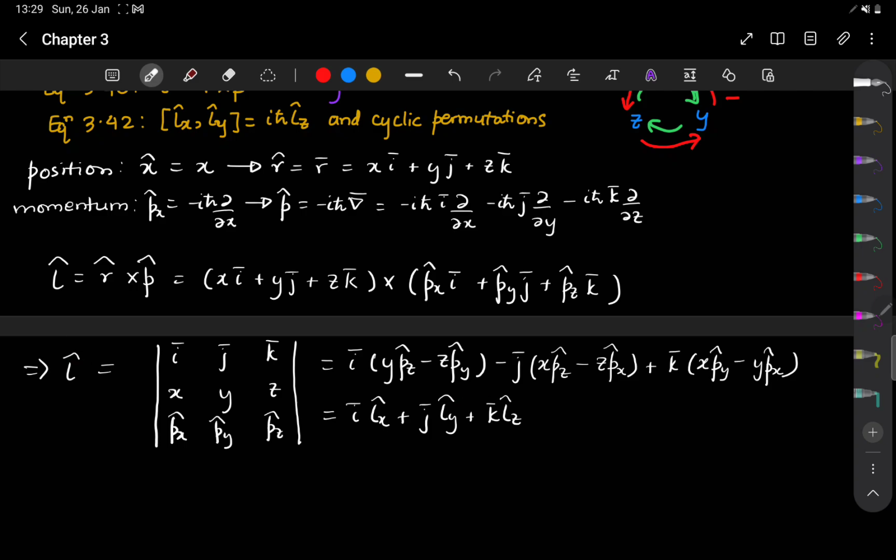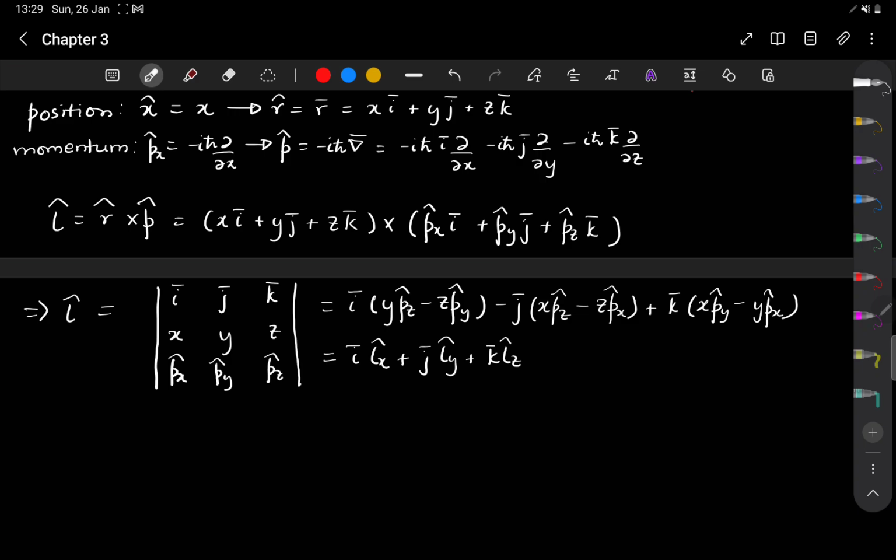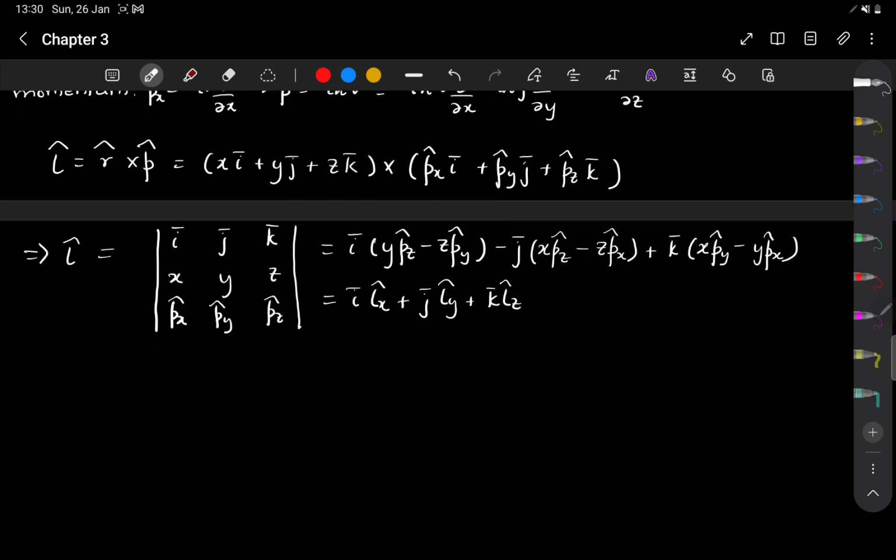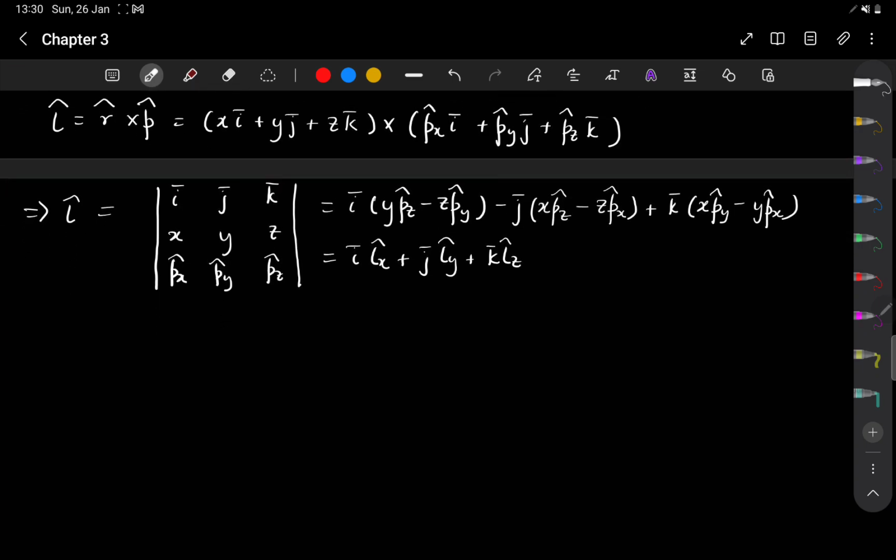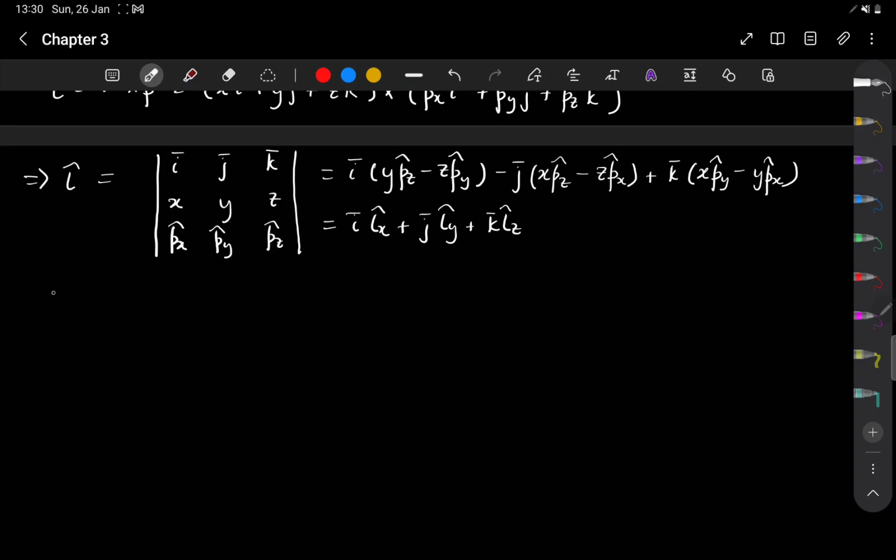This is the equivalent for the operator notation. Now if we look at the components,